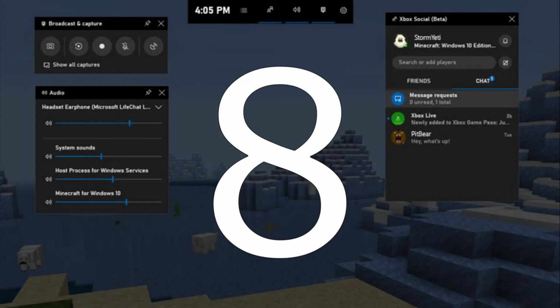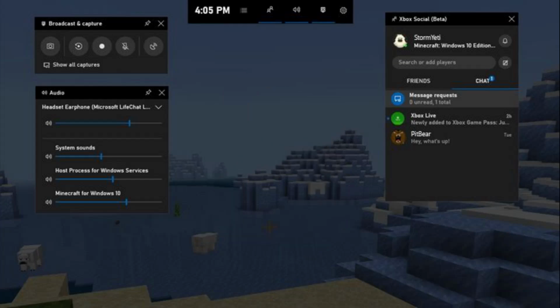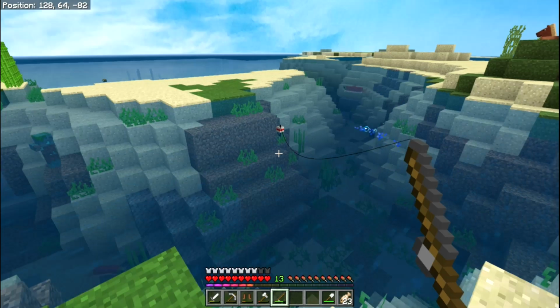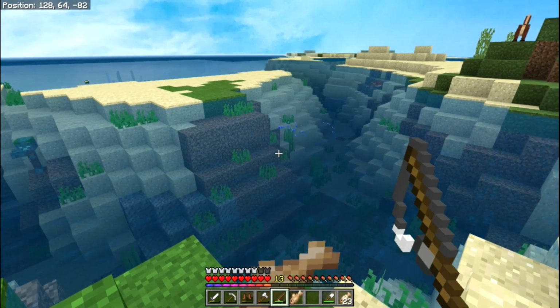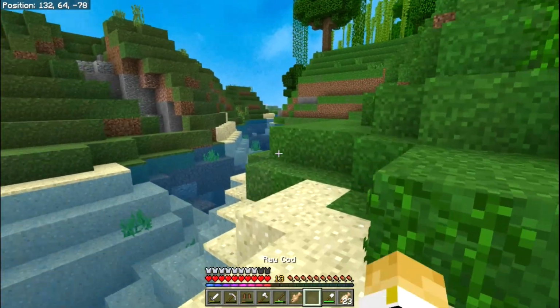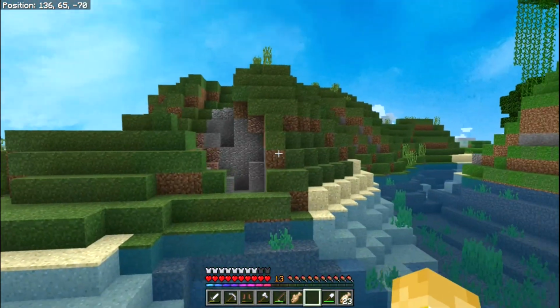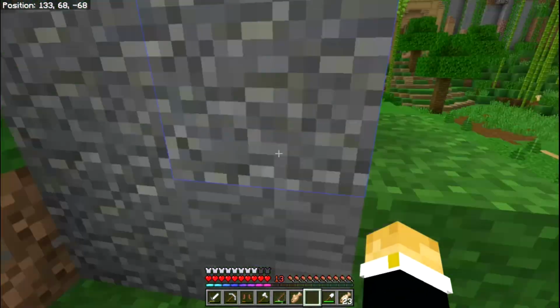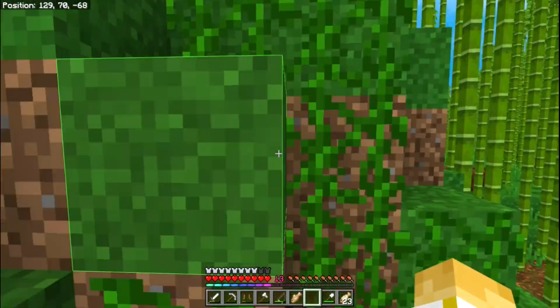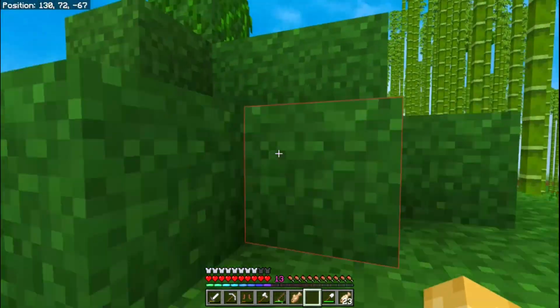Number 8 is a personal favorite for me, and it is Game Bar. On Bedrock Edition, there is a certain feature called Game Bar, which comes with Xbox, sort of. If you are a Minecraft YouTuber and you are trying to record YouTube videos, Game Bar actually makes it really easy. I wish I was sponsored by Xbox when I'm saying this, because it kind of sounds like I am, but I'm not. But if Xbox, you want to sponsor me, go right on ahead.